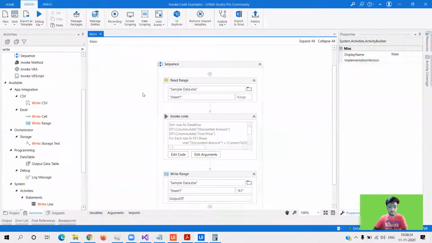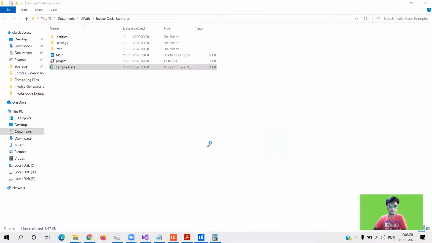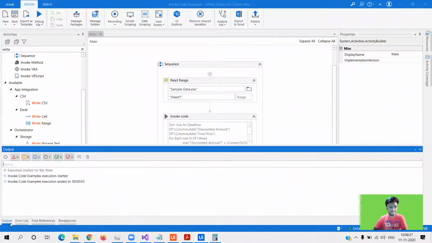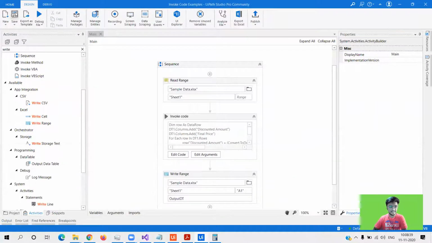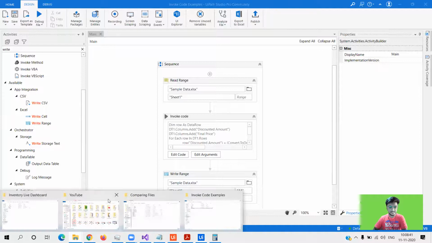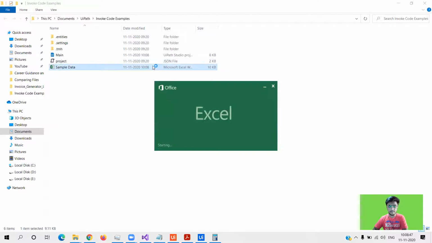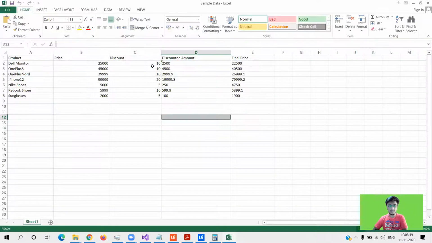Close, open this, save, and let's run. How much time did it take? 3 seconds. In 3 seconds it was able to execute the complete data, and it is definitely faster compared to the set of activities we would have used in the typical way.